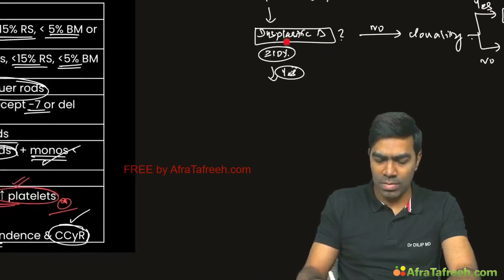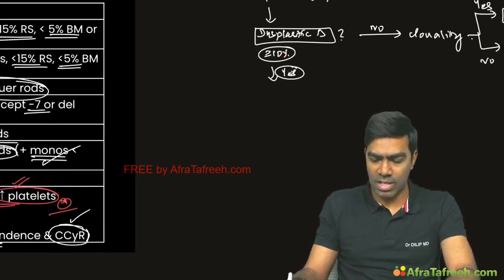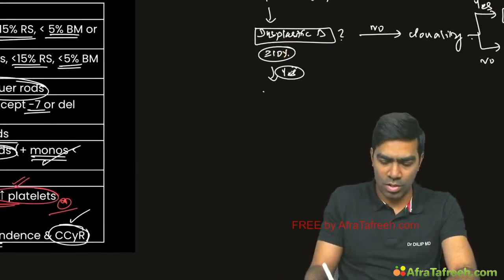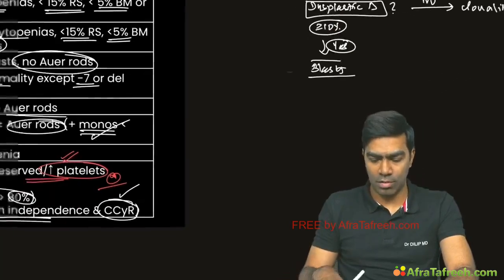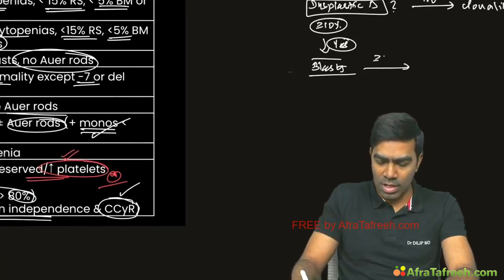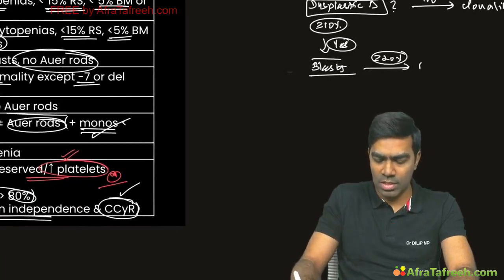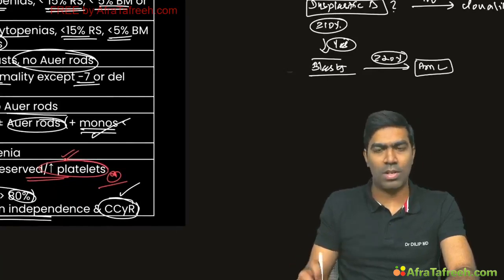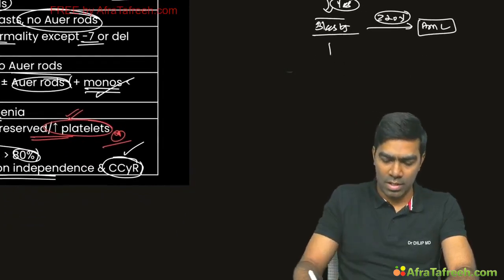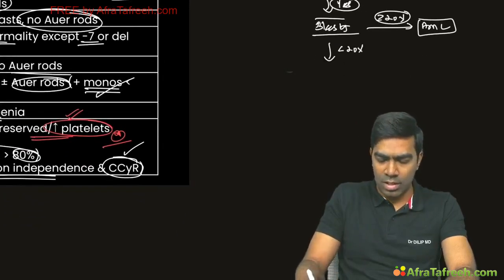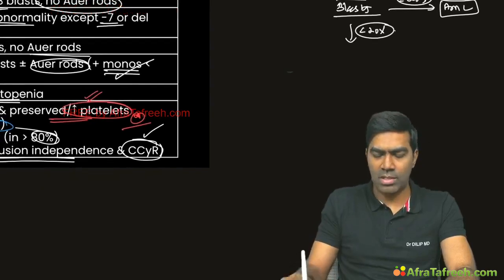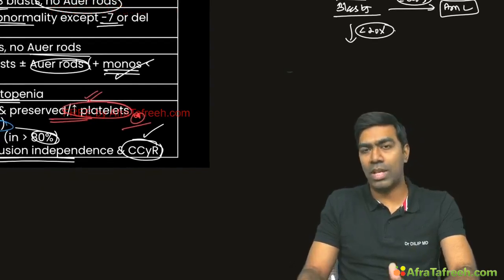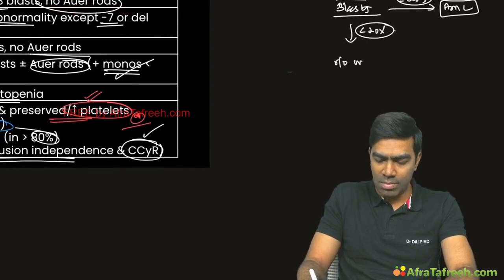significant number of dysplastic cells, more than 10% dysplastic cells in the bone marrow and/or in the peripheral blood, you have to always look at the blast count, the percentage of blasts. If the percentage of blasts is more than or equal to 20%, it is equal to AML, acute leukemia, unless proved otherwise. That's it. If you're going to have less than 20% blasts, the next step is to rule out the MDS/MPN,